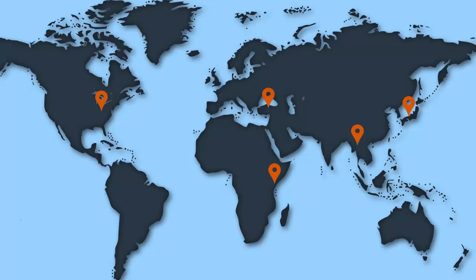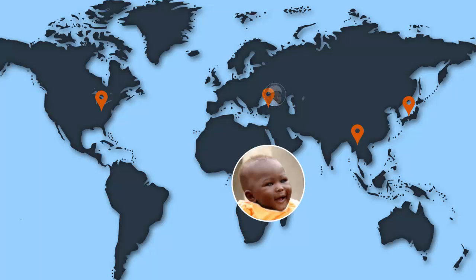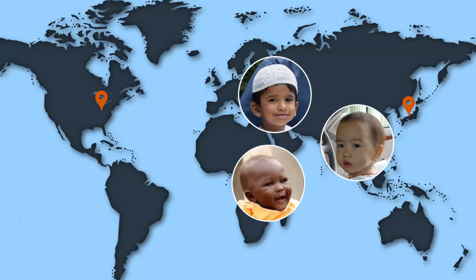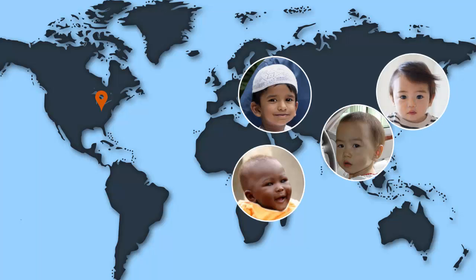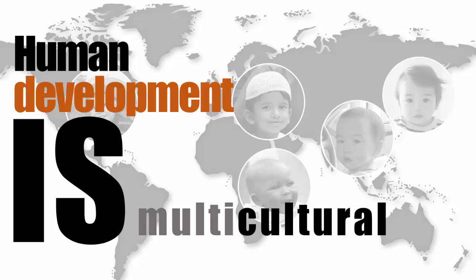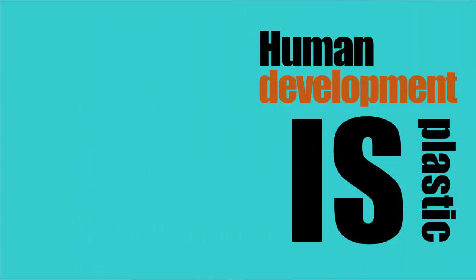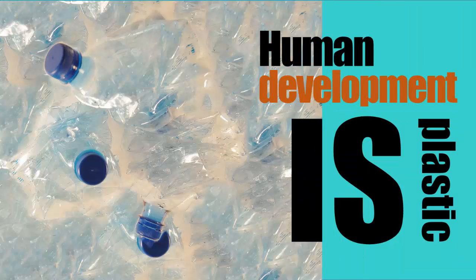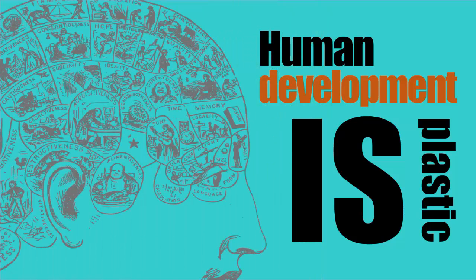Development is also multicultural. A child born in Tanzania will learn and grow differently than a child in Turkey, who will learn differently from a child raised in Thailand, Tokyo, or Topeka. So we see that development is multicultural. The final characteristic on our list is the word plastic. Development is plastic. Wait a minute, not that kind of plastic. In human development, when we talk about plasticity, we mean that change is almost always possible. Just as plastic can be transformed or shaped into almost any form, humans also exhibit this trait in their development.